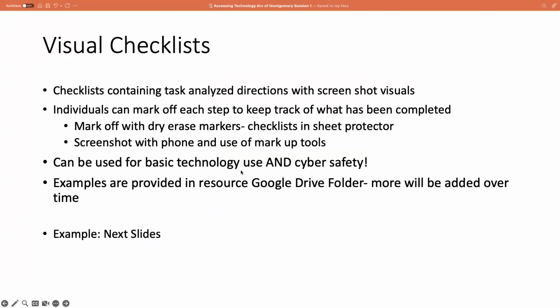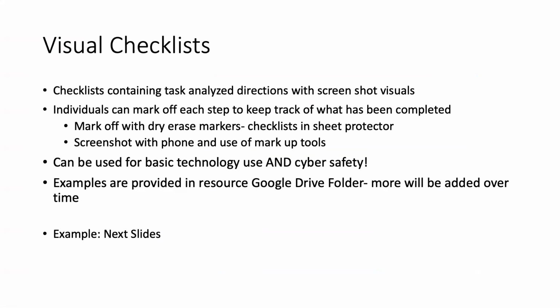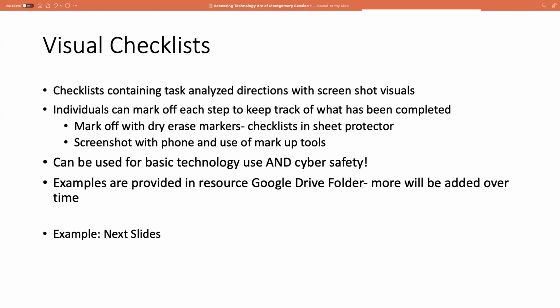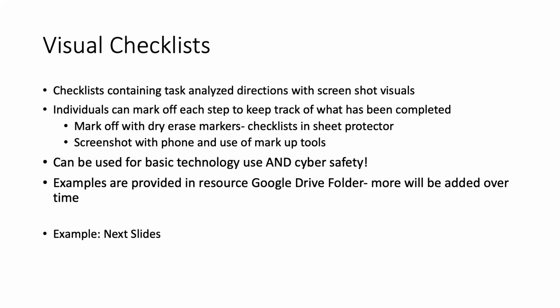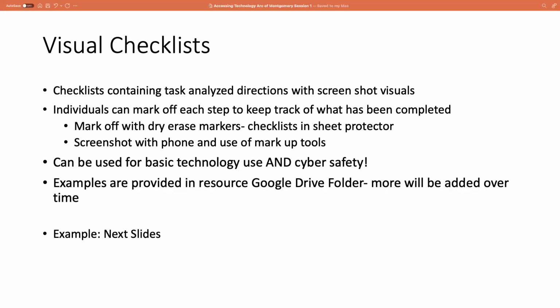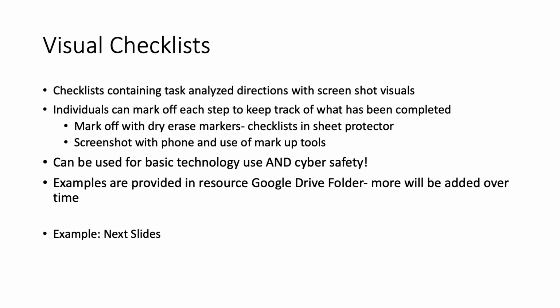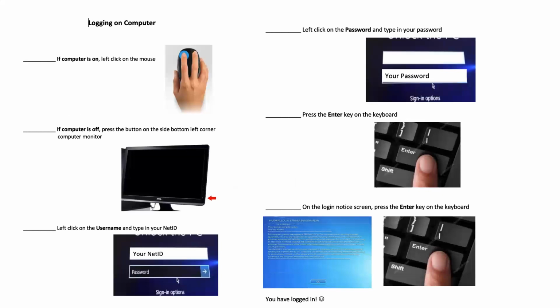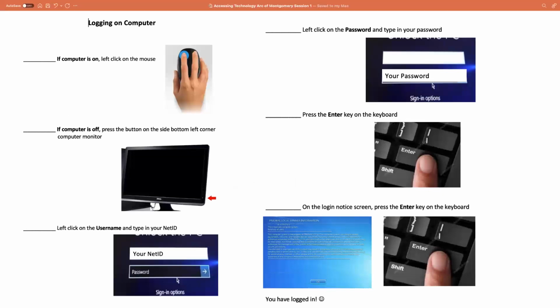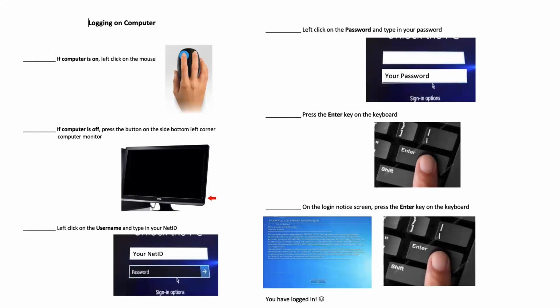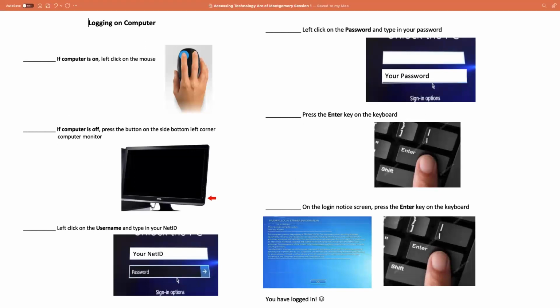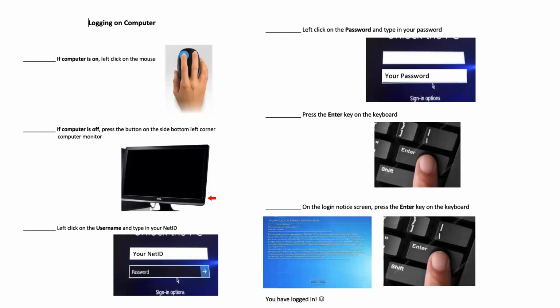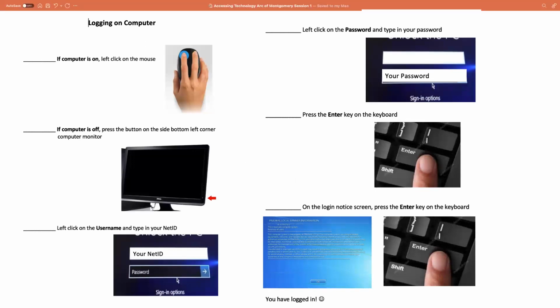So those visual checklists were great because what I did was I printed them all off. I put them into a little sheet protector because you can write on sheet protectors. So with a little whiteboard marker, you can check off. All right, I did put my username on, check, go to the next one, check, did that, check. And then I can erase it and reuse it how many times I need to. So I had this all in a binder for the kids that came through my class, and they had little tabs where they knew this is logging on, this is email, this is whatever,